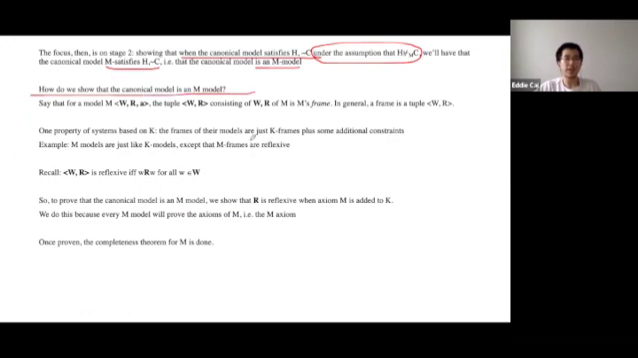Here's just a quick recap. Remember that the tuple W and R from a model M is called M's frame. Now, one property of systems based on K is that the frames of their models are just K frames plus some additional constraints. So we saw this before in class: M models are just like K models, except that M frames are reflexive, whereas K frames don't have to be,